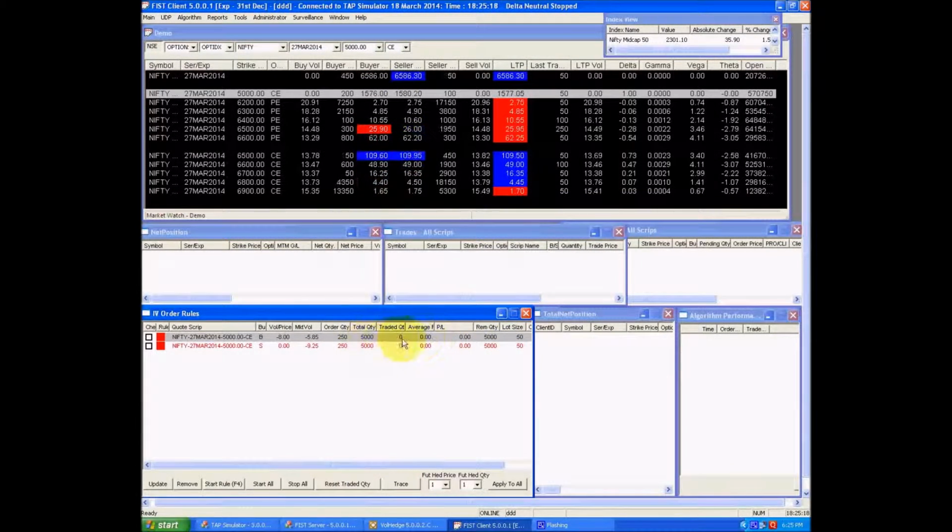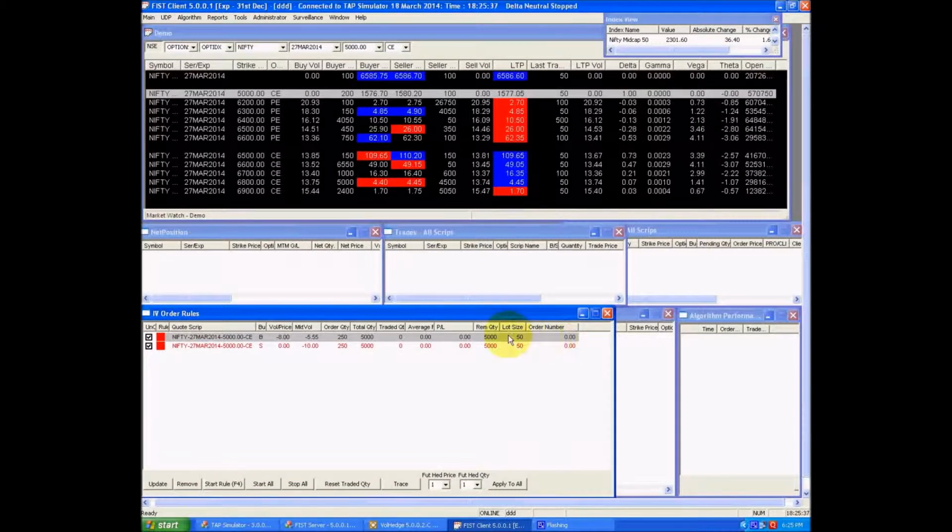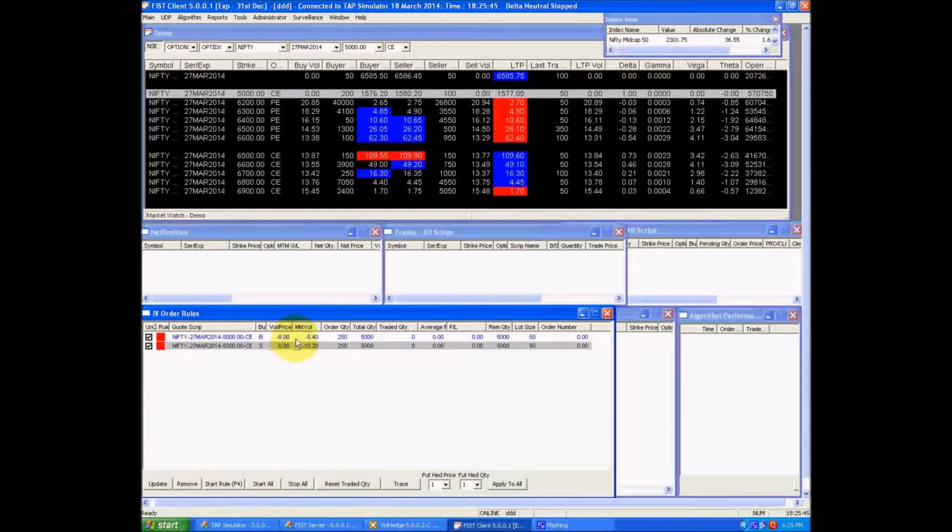This is the check uncheck box. After checking, I can start all the rules, stop all the rules, and reset the traded quantity of the rules. By pressing reset traded quantity, the entire traded quantity goes to 0.